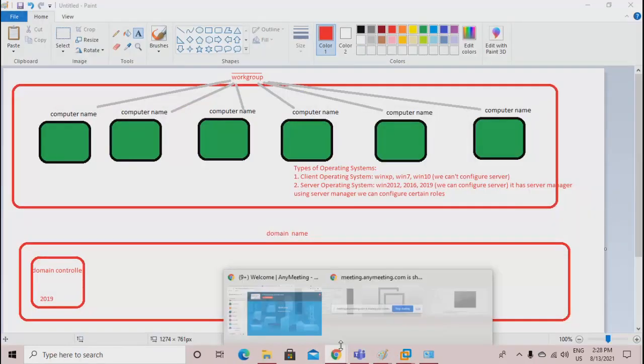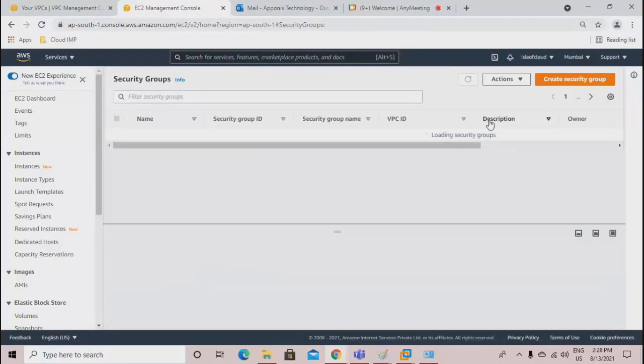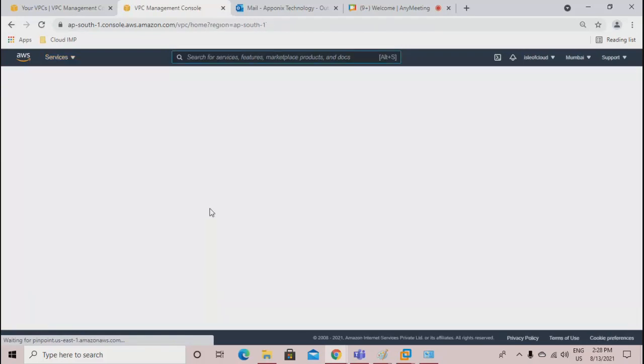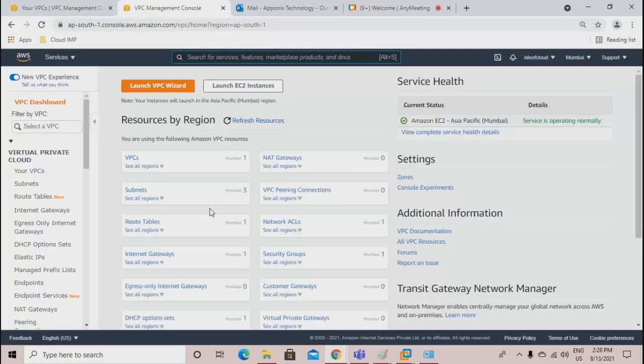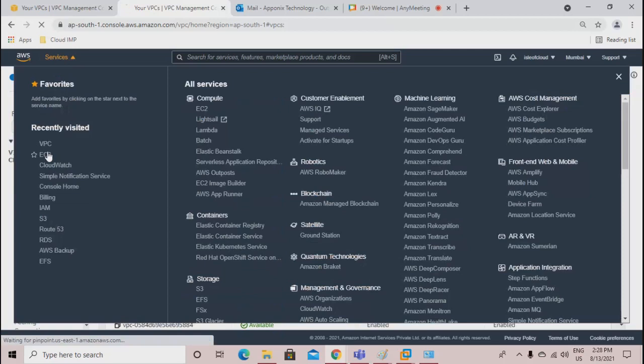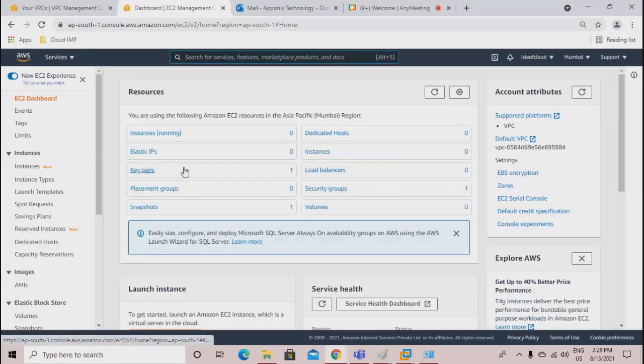So I'm accessing Amazon Cloud. It's in the Mumbai location, and I'm just seeing if I have a default VPC over here. So the default VPC is available. Okay. So I'll go to instance. And here I will launch an instance.